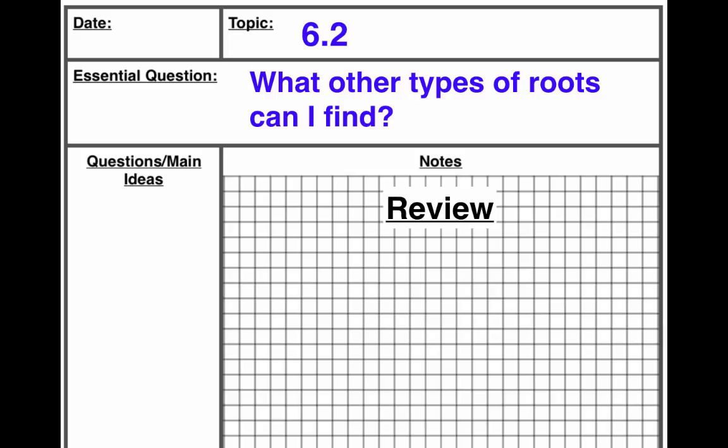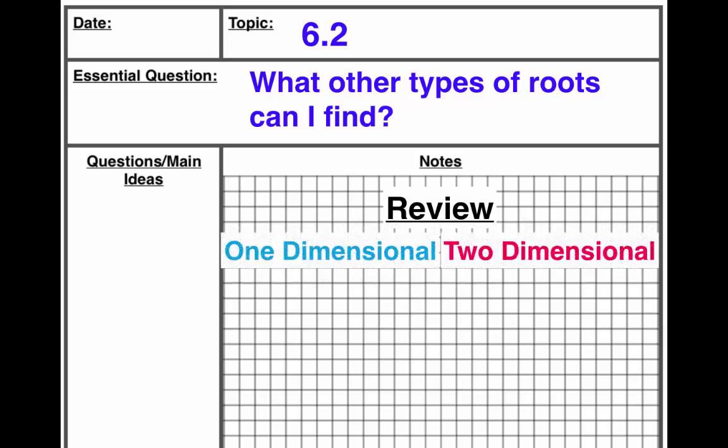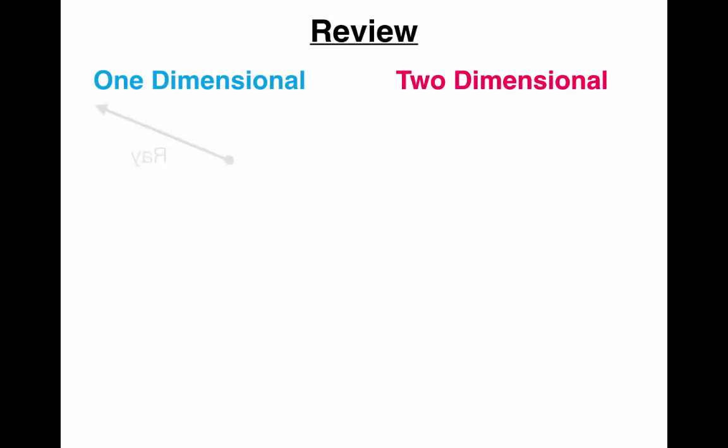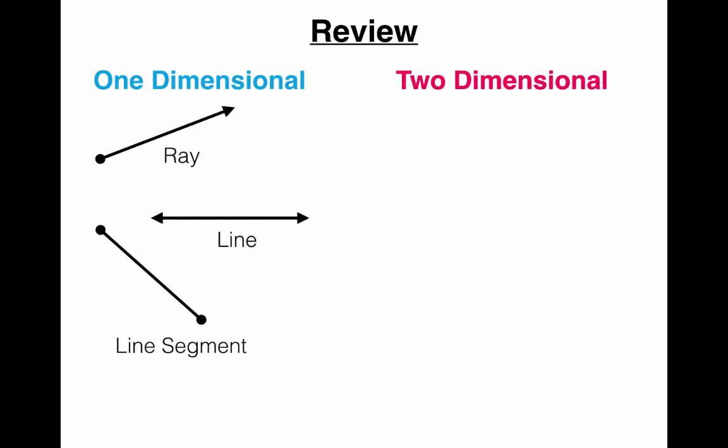Most of what we're talking about right now can easily tie to some geometry concepts. So we're going to talk about one-dimensional versus two-dimensional objects. In fact, I plan to make a big T-chart of one-dimensional versus two-dimensional. Now, one-dimensional are things like rays, lines, line segments. They're things that can be measured with a ruler and have basically one measurement. How long are they? That's basically it. You can measure in inches, centimeters, feet, whatever you want to measure in, but you only get a single measurement,